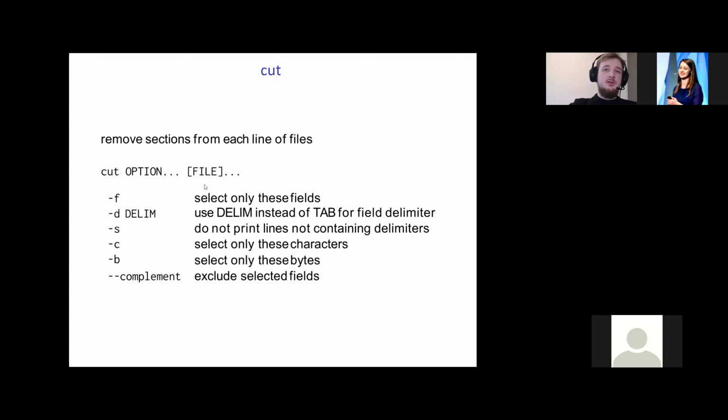Cut allows us to select fields from a file. By fields, I mean columns. Let's say we want only the first 5 columns. We can specify cut -f1-5, or -f1,2,3,4,5. Or, we can also specify